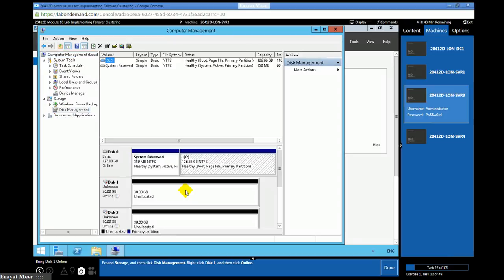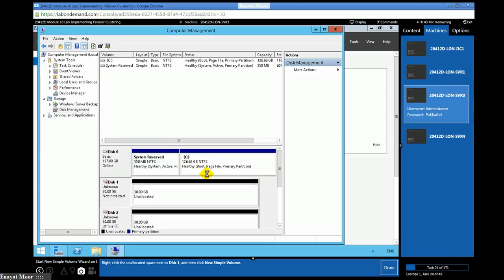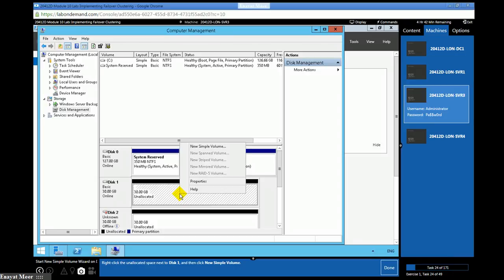Under disk management, you're going to see all those unallocated space drives. These are the ones I have to bring online, format, and give a name under volume. These are 30 gigabytes. You have to bring them online, initialize and format. This is the normal process. That's what I'm going to do, and you will see how all three drives work. They will be available to use. Then I'm going to do the same thing on SVR4.